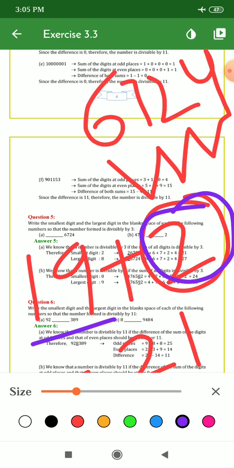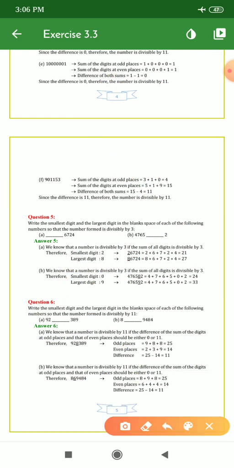So when you can see here, when you add one, they have taken 8, which I have explained to you. Now they are taking the largest digit as 8, because when you add 8 to this number you will get 27. See here, 27 is divisible by 3. Okay, now question number 6, the next question you do yourself.